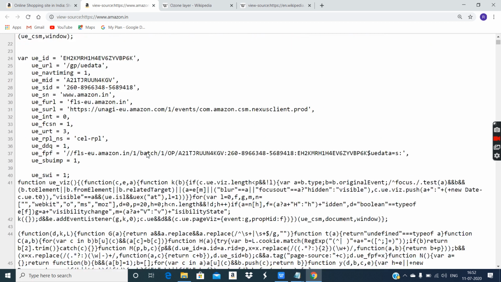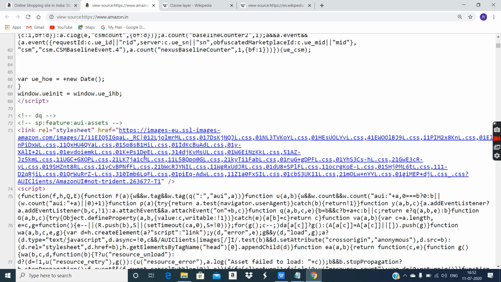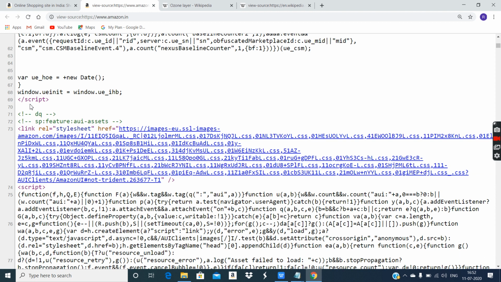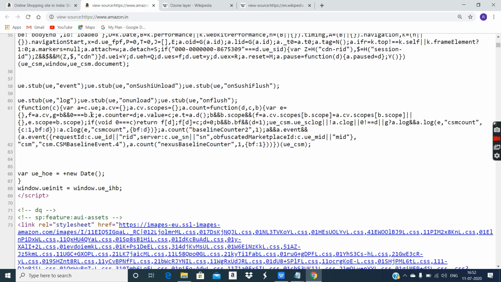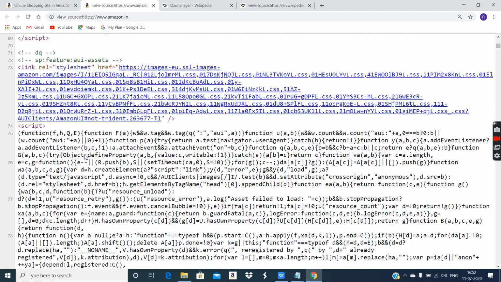Most of the things you will not understand unless you study about this. Okay, but at least the familiar things you can identify. See, script tag, that means JavaScript. These are all the JavaScript codings they have used. Then link tag, you know link tag, that means external style sheet, external styling they have provided.